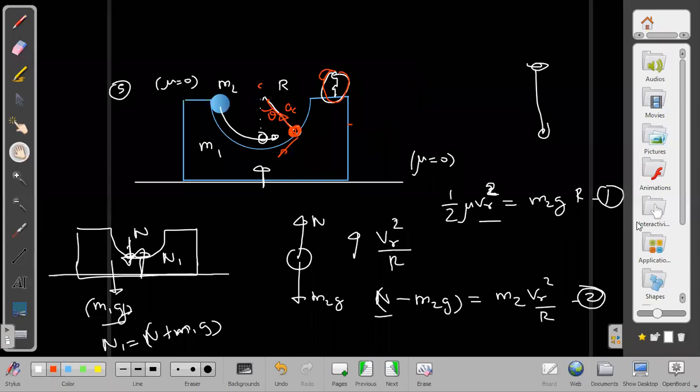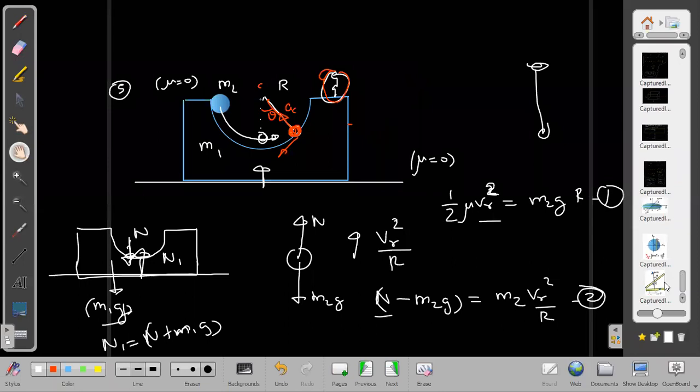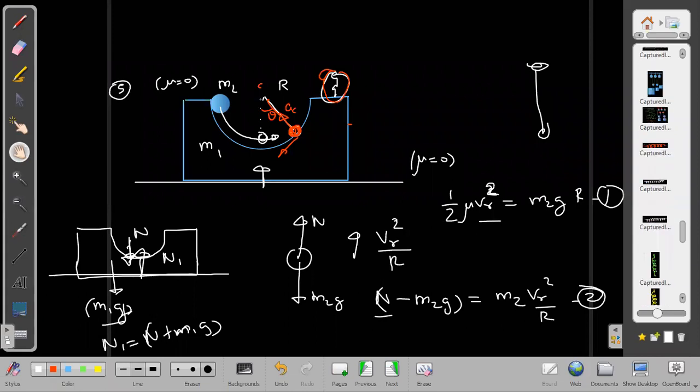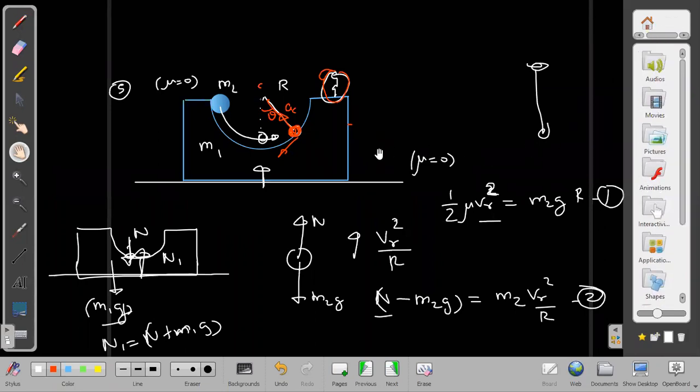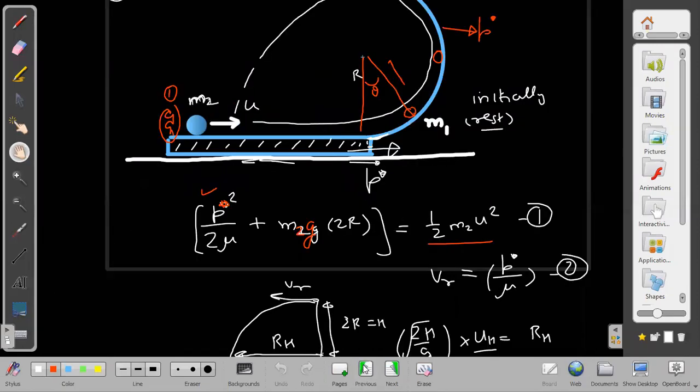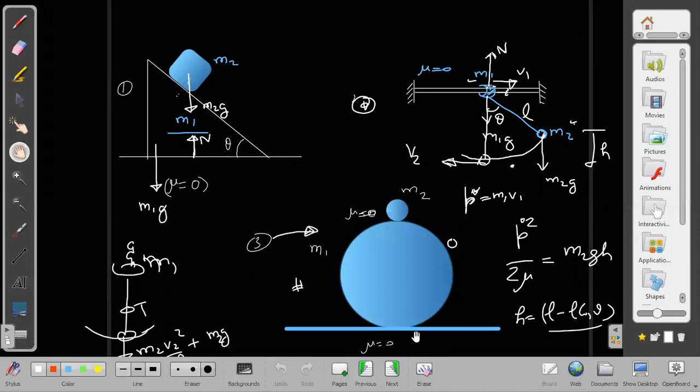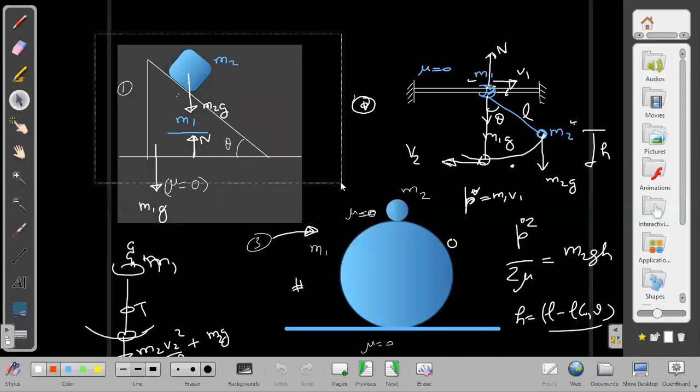Before we do all these things, let us do one thing. If I have already kept those images anywhere, let me bring those. No, those are not here. I don't know where those images are going these days. I thought I saved them yesterday. I don't know why these are not getting saved. Anyway, no problem. I will copy these again. So here, which one should I take? Maybe this one. Maybe this one is okay. This one. Okay.